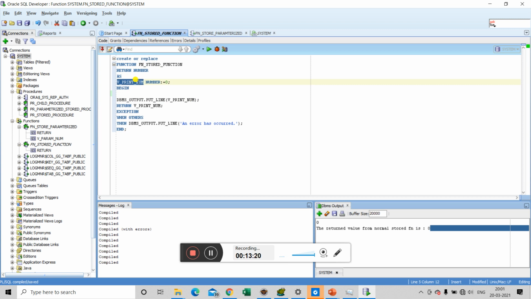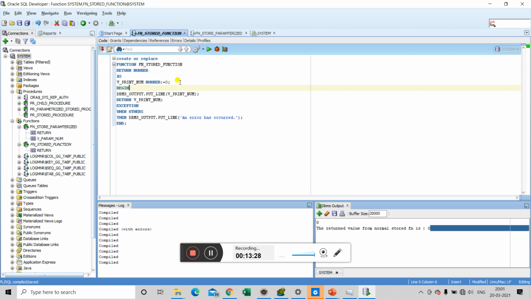Let's say we change the value to 20, or just put it after printing, then compile and run again.